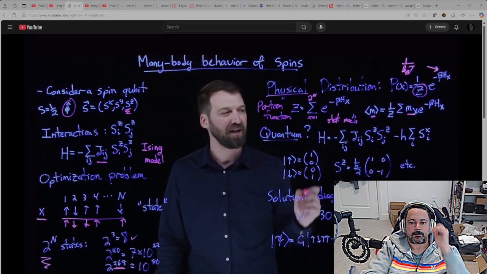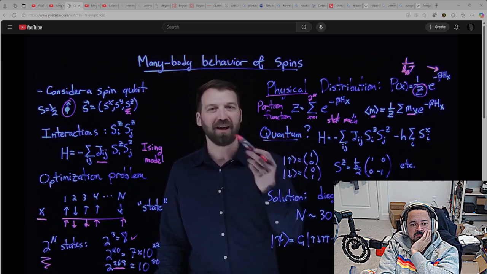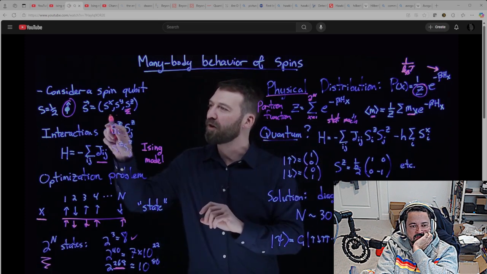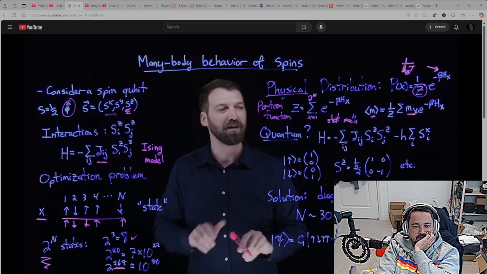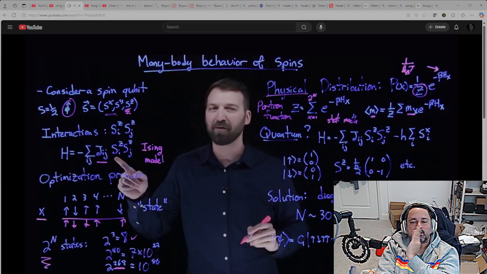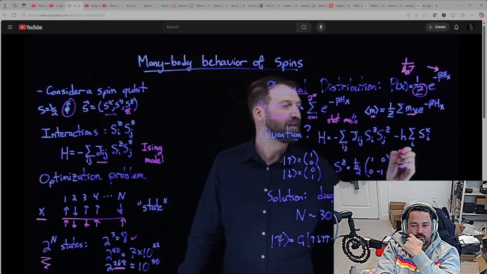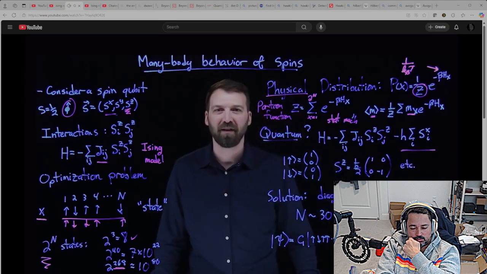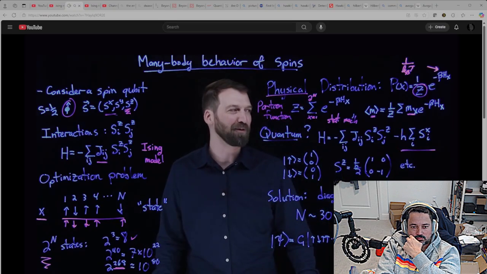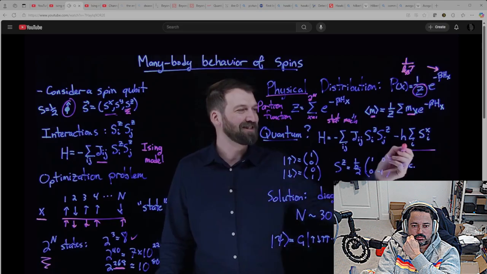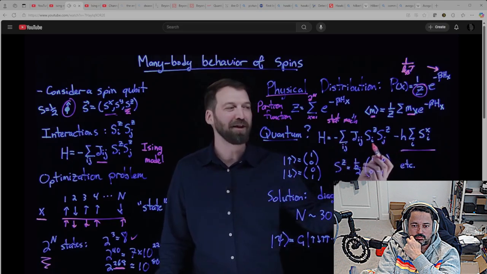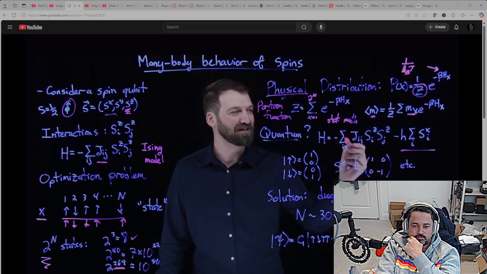Probabilistic way. That was all classical. What I've done is ignored those two components of spin. But imagine my Hamiltonian for my Ising model also had a quantum piece. So an off-diagonal matrix element, if you will. This is the actual Hamiltonian of the D-Wave device, in some sense. If I